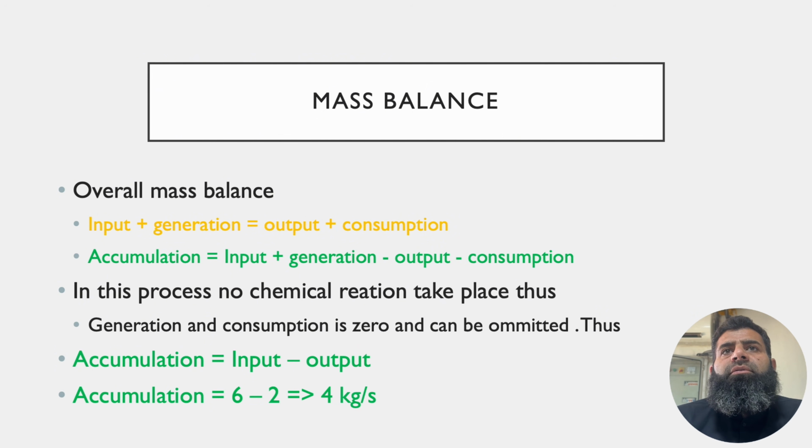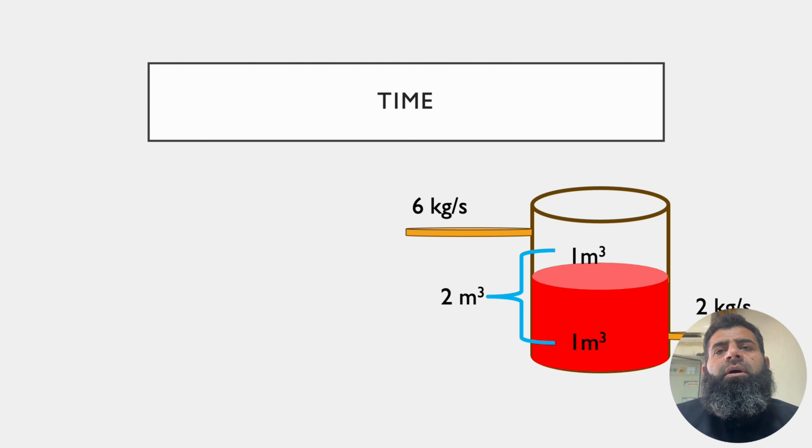At this rate, after some time, this water tank will be filled. So the process will transfer from transient to steady state. That is all about the mass balance equation. In the third part, the question is how much time it will take to fill up. If we talk about our tank, its capacity is 2 cubic meter, but it is half filled, so half, or 1 cubic meter, is